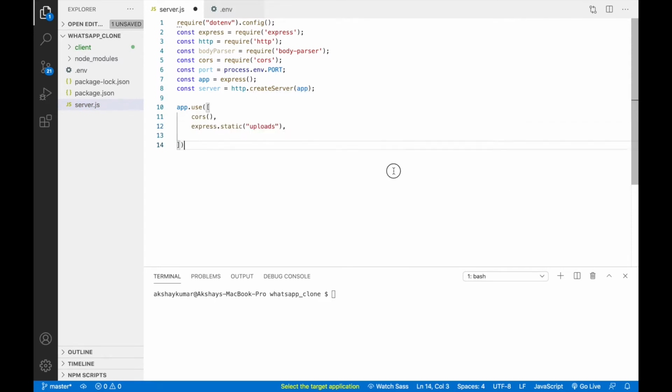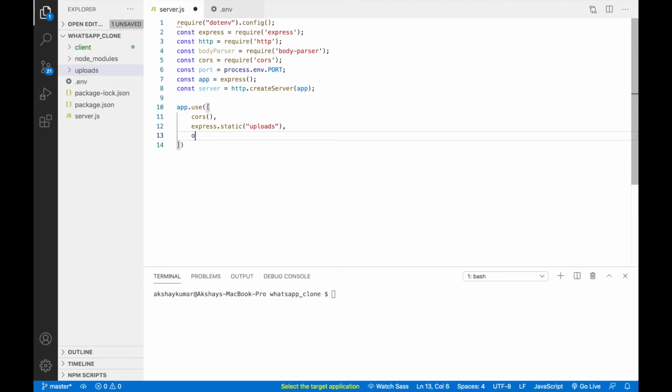What this uploads does is, we have to create one uploads folder here like this. Inside this folder, in our app, there is a profile picture or maybe voice chat messages or some other assets, right? Those assets this uploads folder will hold. This will make sense later. I'm just doing some basic configuration.